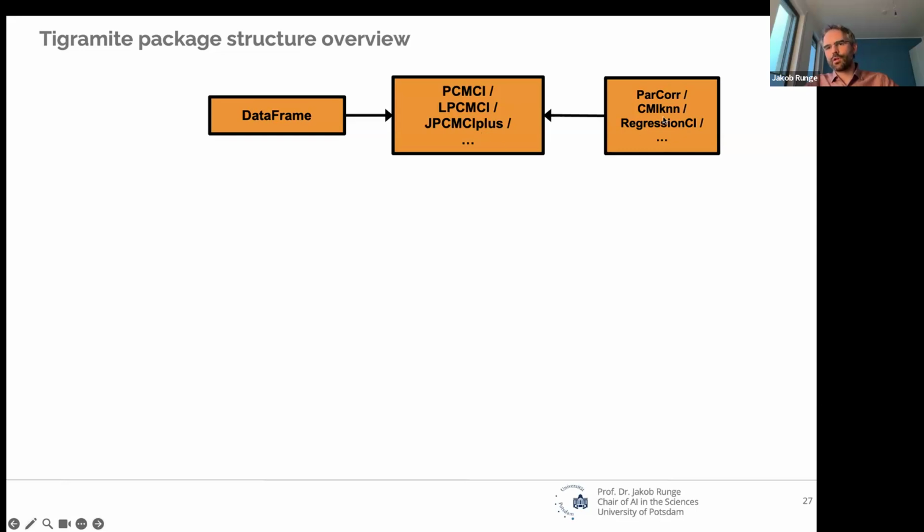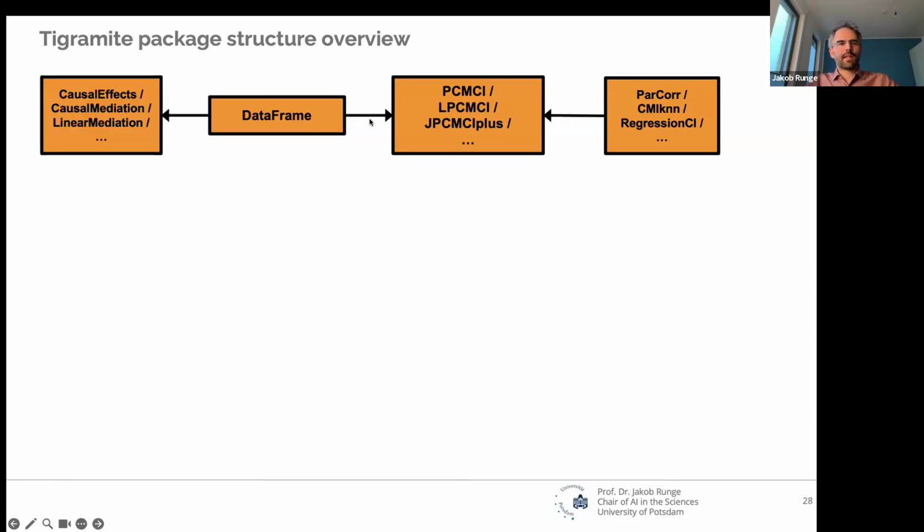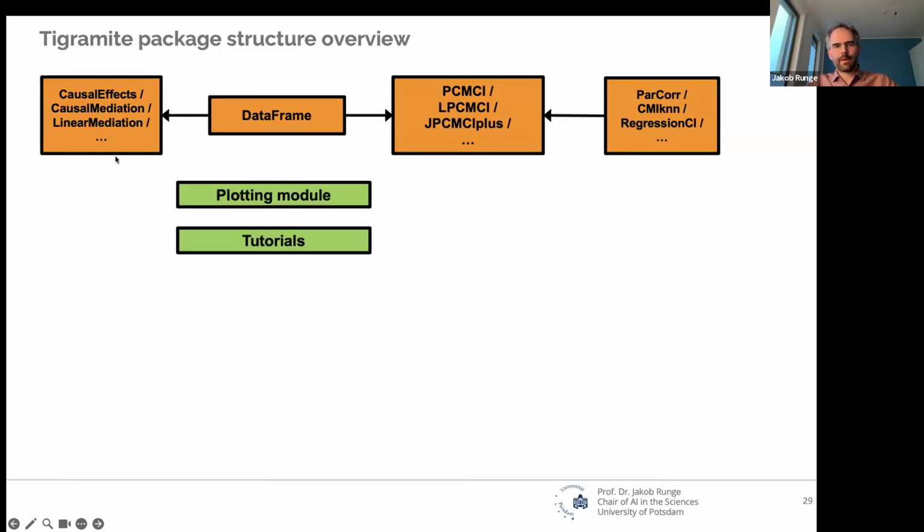And these also import particular conditional independence test classes. And the data frame is also used by the causal effect estimation and mediation classes. Tigramite has a plotting module. At the time, I was only looking into NetworkX, and I didn't like the arrows, and I needed many more different types and colors of arrows.